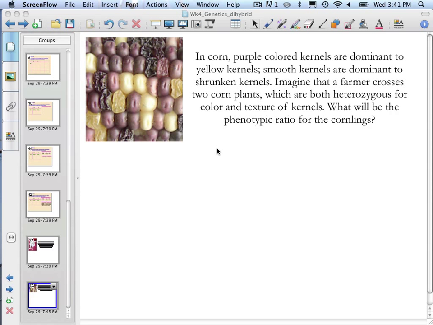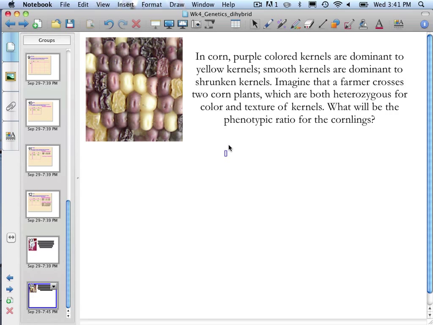All right, so what we have here is a classic dihybrid cross about corn. The problem is telling us that corn kernels have two colors and that purple is dominant to yellow. So first we have to designate symbols for each of those alleles for that gene. So capital A is dominant and is purple. Lowercase a is yellow for kernel